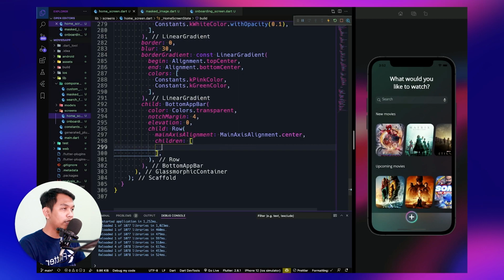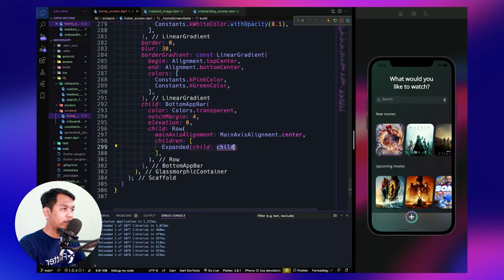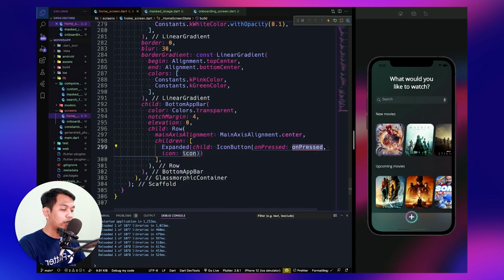And inside these children we will have like expanded, and for the child we will use icon button. Icon button have on press and icon, and for the icon we will set it using svg.